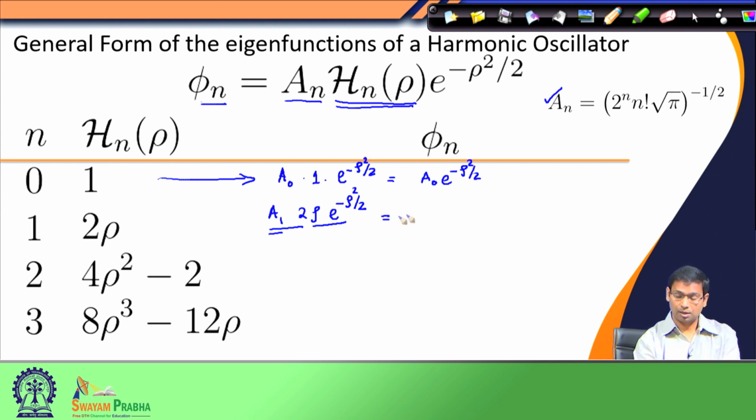So, a 1 of rho is e to the power... So, this is phi 1, this is phi 0, and similarly when I try to write down the eigenfunction corresponding to n equals 2, I get